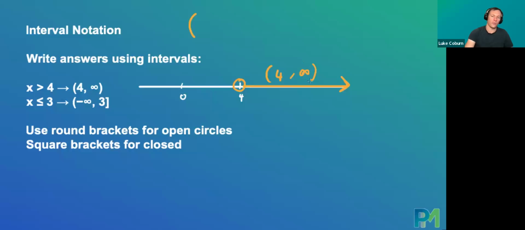You can never have a closed bracket with the infinity, because infinity is not a number. It's just like a sort of an idea, that it goes on forever. So the way to write it is like this. And then the second example